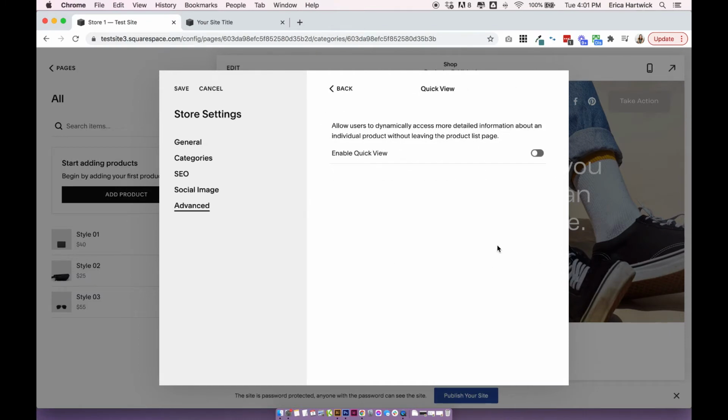and you can decide if you want your products to have a quick view option. So for example, on the product page, if you hover over a product, a little quick view button will show up, and then this creates a little pop-up and shows the basics of the product. So this is instead of clicking into the product and opening up a whole new page,